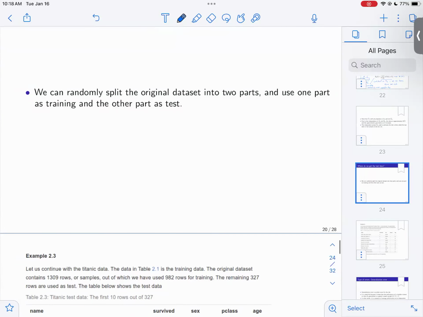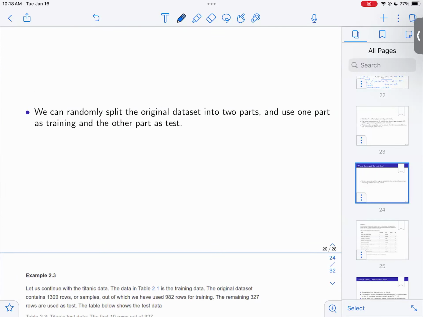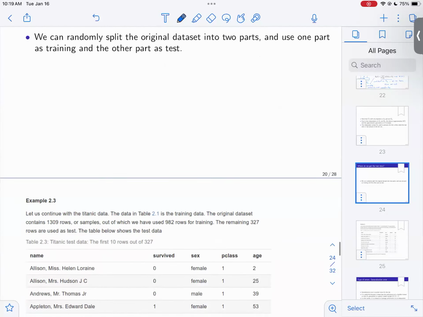So where do you get the test data? Usually it's split. If you have access to the data generating process, like if you're doing simulations, you're actually generating your samples, you don't have to split. So you have the training data, whenever you need new data, you just generate. I've seen people do this split even if they have access to the data generating process. You don't need to do that, as long as you understand what you're doing. In simulations, just generate more samples. But in practice, you can't. You just have this fixed data set. That's why you have to spare some part.